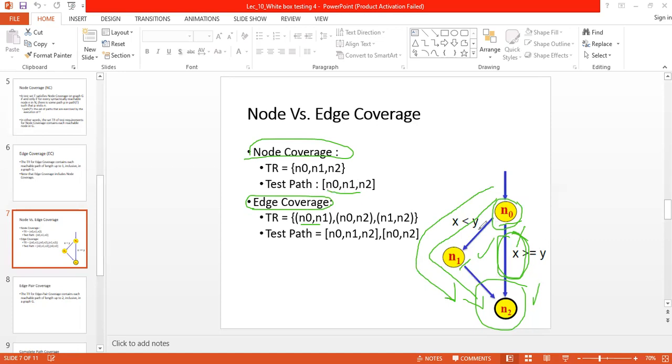But when it comes to the edge coverage, you have to consider this edge, and this edge, right? So if we go this particular path, this and this edges are covered. So in order to cover this particular edge, we have to go N0 to N2. So this is our test path for the edge coverage.